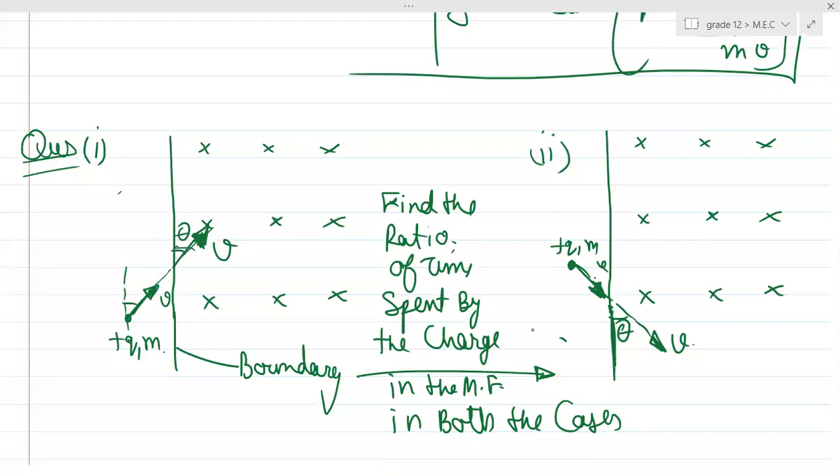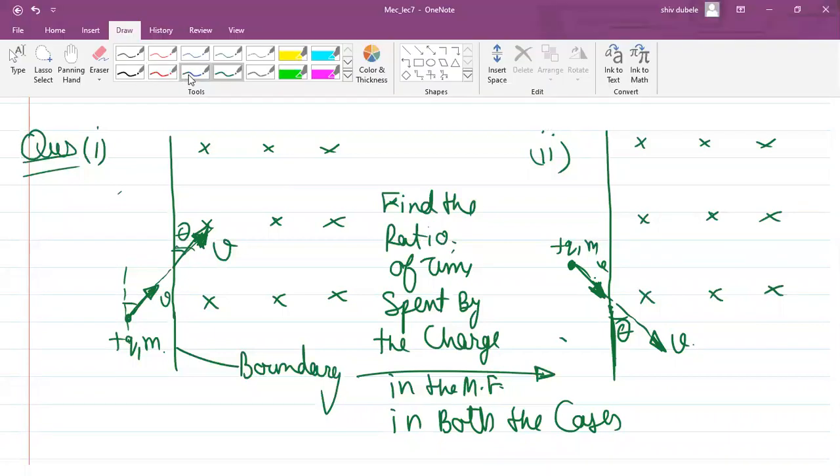Can you see everything is same? Even theta is same, vertical, right? Is everything same in this case, or are they completely different cases? Anyone would like to answer this? Are they completely different cases, or are they the same? Acha. First of all, can anyone tell me what will be the direction of forces in both the cases? What will be the direction of force?